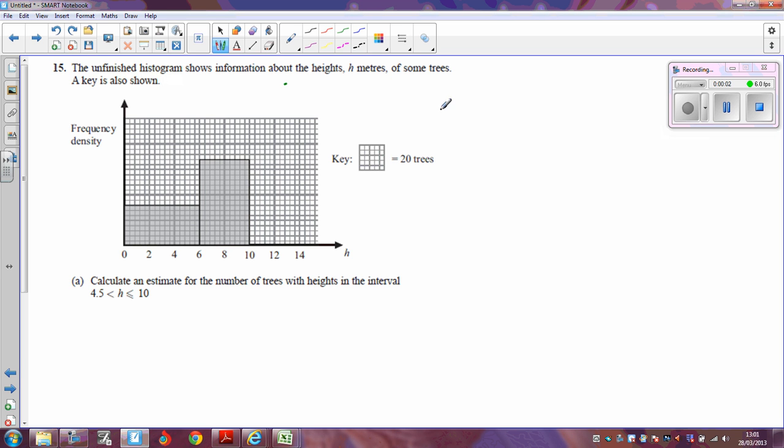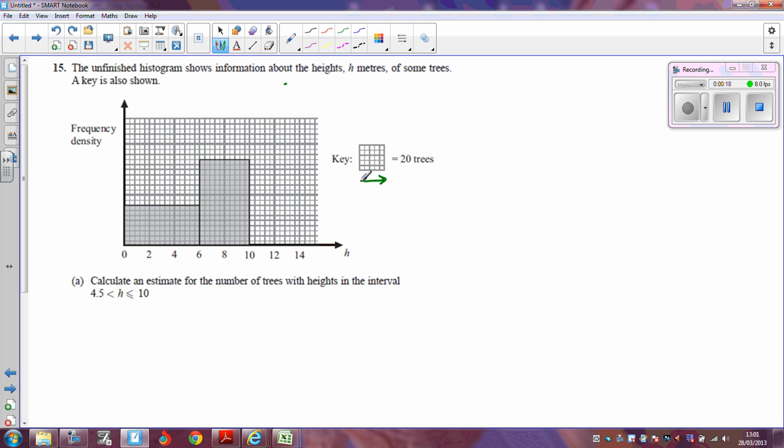Okay, here we have a histogram, and remember the most important thing about histograms is it's the area of each rectangle which tells you the frequency. Now they're giving us a key here, and that key is going to help us to find the frequency density scale. So if we look at this little square that they've given us, we know that across the bottom there